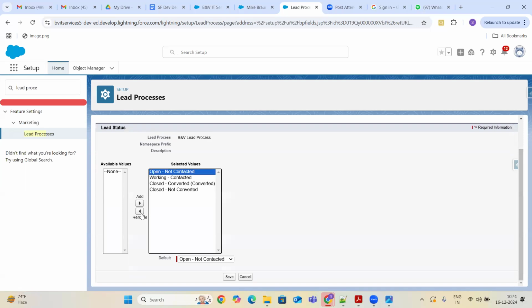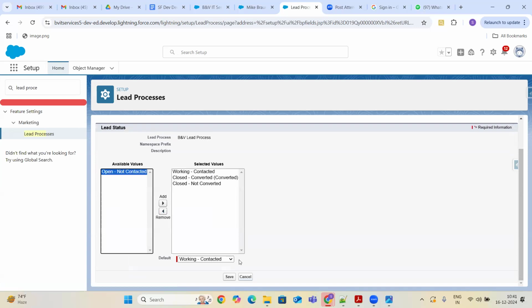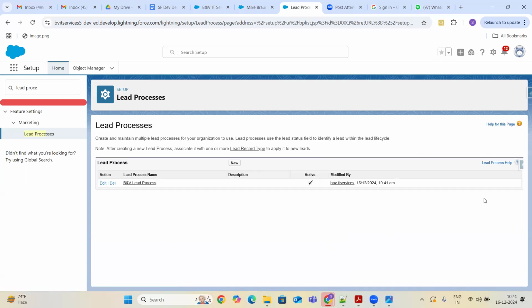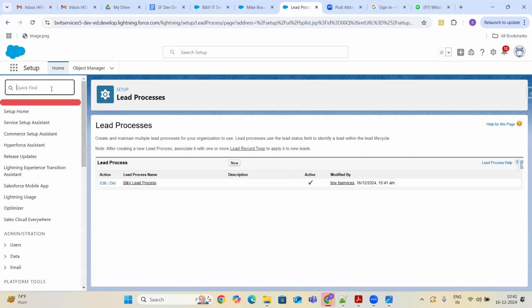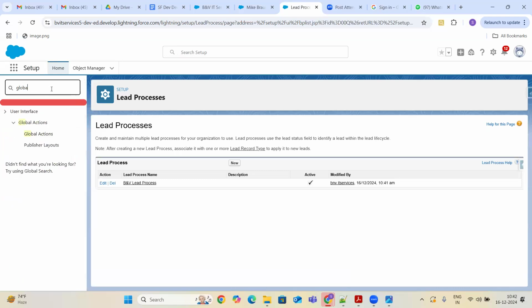You can take off one thing, but my requirement is not that. My requirement is I would like to add a new stage.